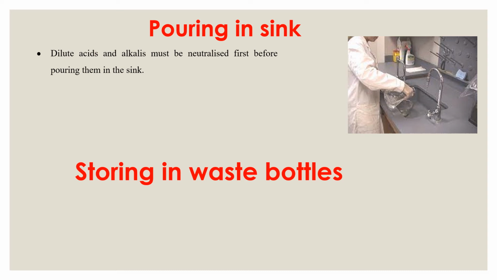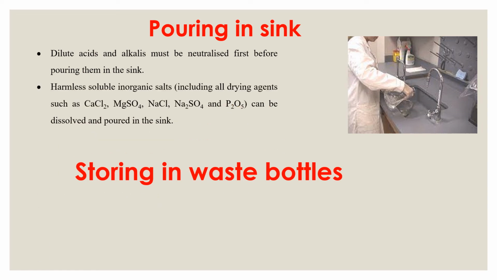Neutralizing simply involves a process where the unused acid will react with a base to produce salt and water, and vice versa. So some examples of the chemicals which can go in the sink are inorganic chemicals like salts and the acids and bases which are diluted in nature. Alcohols which contain salt can also be dissolved and poured into the sink.